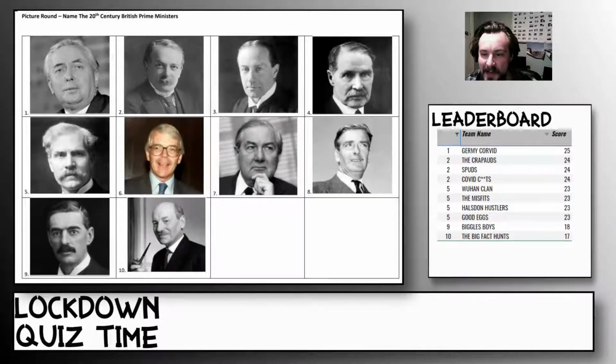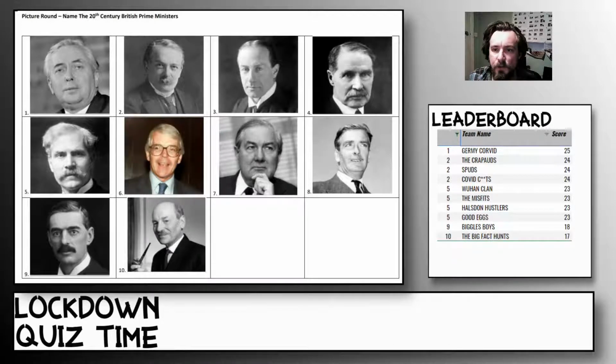Okay, guys, how is everyone doing on the pitch round? Again, name those prime ministers from the 20th century. I'm sure, again, they're all very familiar faces to you, depending on the age range that we've got. They've all been prime ministers at some point, or, well, some of them have been prime ministers at some point during your lifetime. So, if everyone's ready,